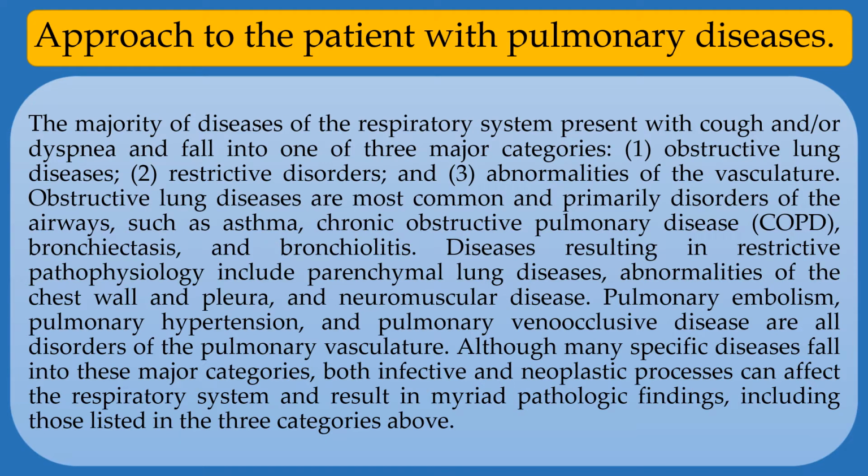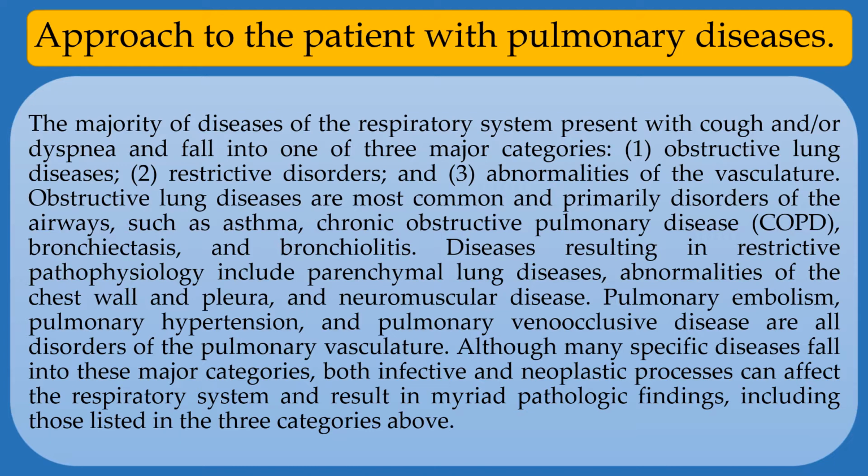The majority of diseases of the respiratory system present with cough and dyspnea and fall into one of three major categories: obstructive lung disease, restrictive disorders, and abnormalities of the vasculature. Obstructive lung diseases are most common and primarily disorders of the airway, such as asthma, chronic obstructive pulmonary disease, COPD, bronchiectasis, and bronchiolitis. Diseases resulting in restrictive pathophysiology include parenchymal lung diseases, abnormalities of the chest wall and pleura, and